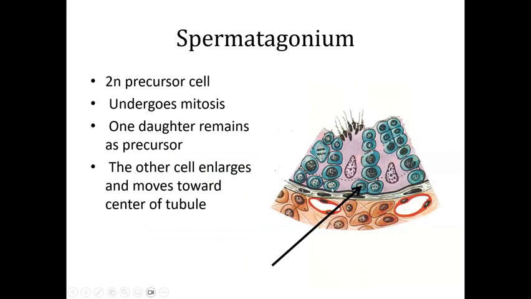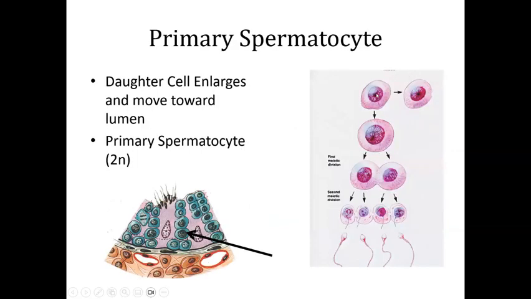The stem cell that can become a spermatocyte is called a spermatogonium. It is diploid, and it goes through mitosis. After going through mitosis, one cell remains, the spermatogonium, to divide again if needed. The other continues through this process of meiosis. And so the cell enlarges and moves toward the center, going through the process of meiosis I and meiosis II before eventually maturing into a sperm cell. The spermatogonium, or the gonial cell, is here at the base of the seminiferous tubule. I'm sorry, the primary spermatocyte